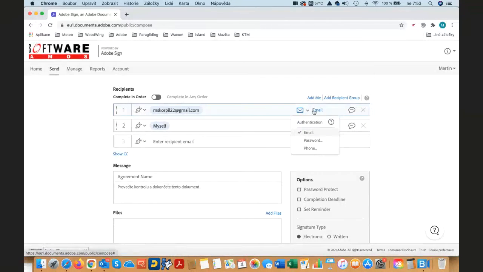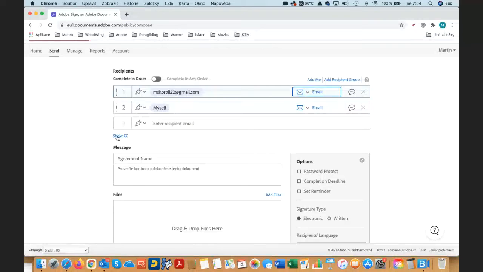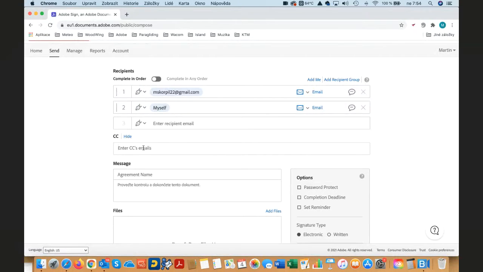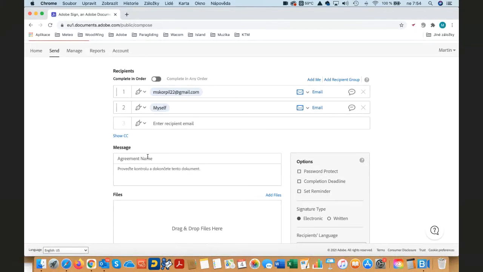This is the authentication method, which is by default an email. I could choose a password or a phone. Let's leave it with email. I could add a private message to each of the signers. I could actually add up to 99 recipients, but it wouldn't be too much fun. I could also CC to send a copy to someone, say my boss or whosoever. So I put in an agreement name,